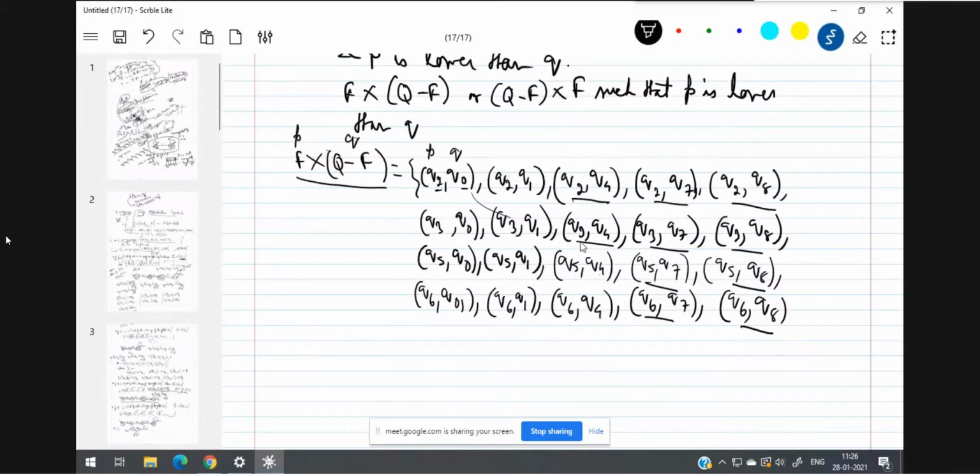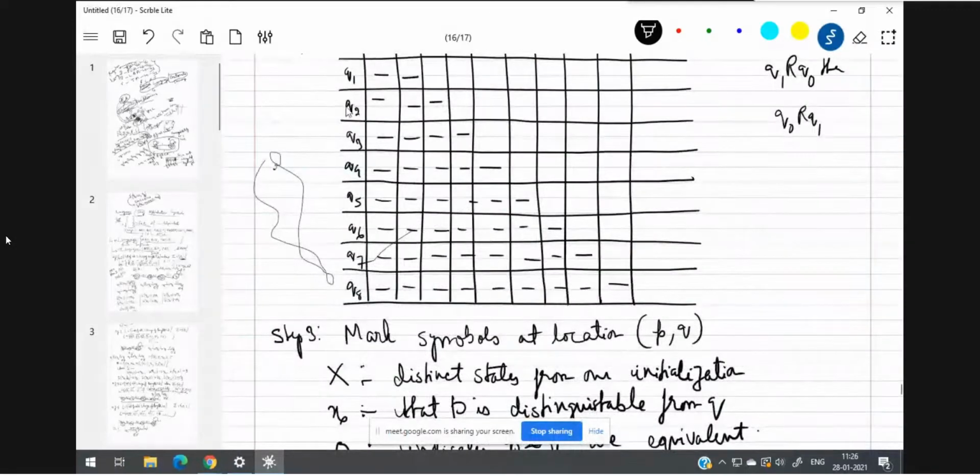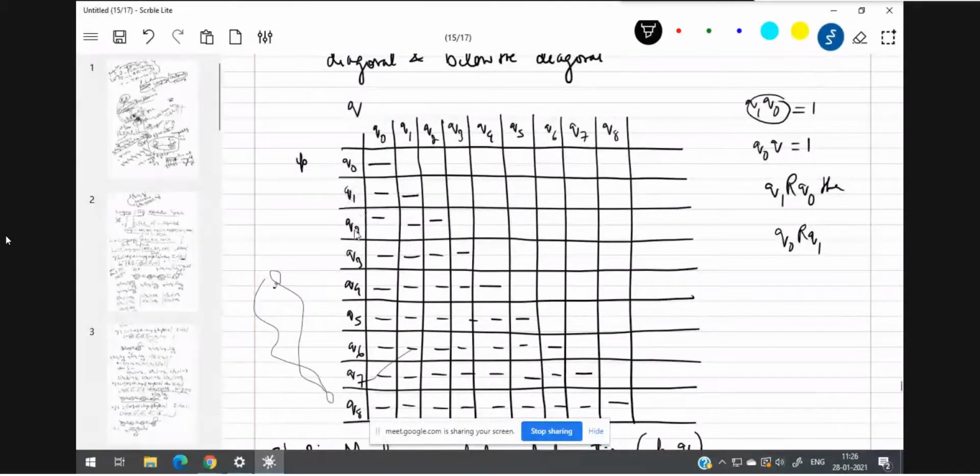Now see here. So this Q2, Q4, Q2, Q7, Q2, Q8. Wherever I find this, I have to insert a cross mark. So let me start filling the matrix. This is Q2, Q4. Let me go to the matrix. Q2, see here, this is Q2, then Q4. So let me mark a cross here. This is P equal to Q2, then Q equal to Q4, cross mark here.